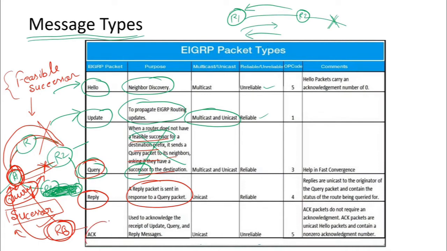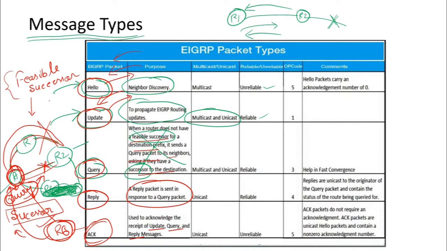And the last one is the acknowledgement, used to acknowledge the receipt of the update, query and reply messages. So this is also in terms of the hello packets, that whenever we are sending a hello packet, it acknowledges it back, yes, I am alive, right? If it's sending a keep alive message, hi, are you alive? He acknowledges it back, yes, I'm alive. So that's a type of acknowledgement. Or whenever it is sending an update message that there are some topology changes, it replies back, okay, yes, I got what you just sent me. So this is happening in case of receipt of update, query, and reply messages. So in response to these three messages, we are sending the acknowledgement.